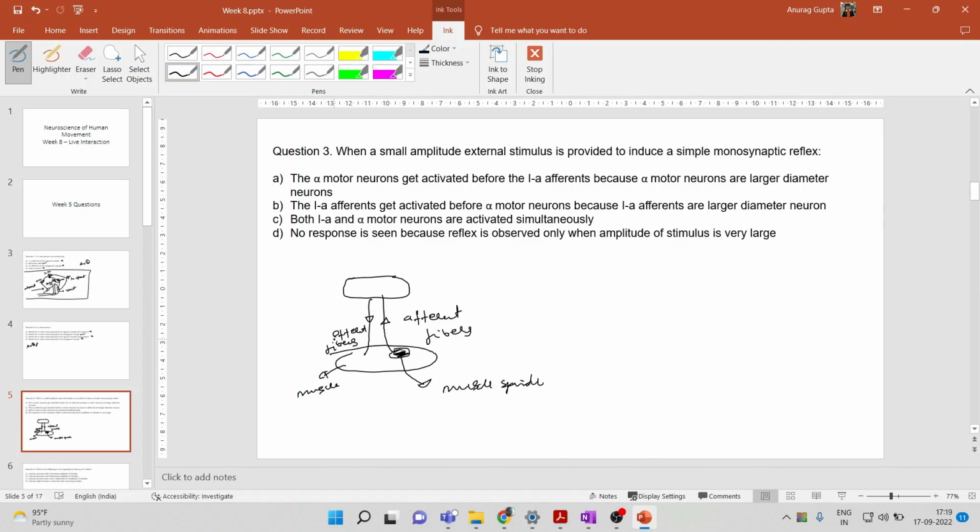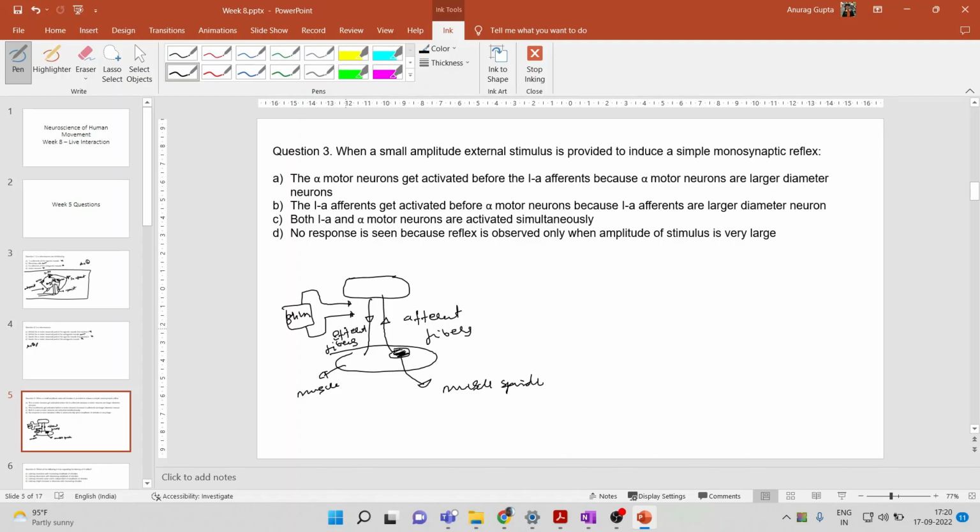So these efferent fibers cause contraction in the muscle. So these are the alpha motor neurons or the gamma motor neurons, and afferent fibers are the 1A afferents or 2 afferents or 1B afferents. So let us consider, we are trying to give an external stimulus. Okay, and this is basically a nerve, and this nerve will contain both afferent fibers and efferent